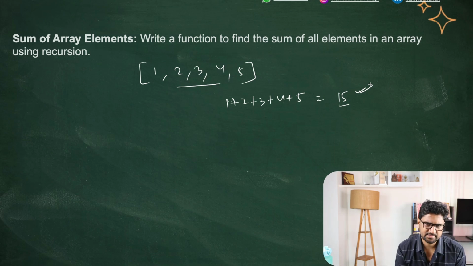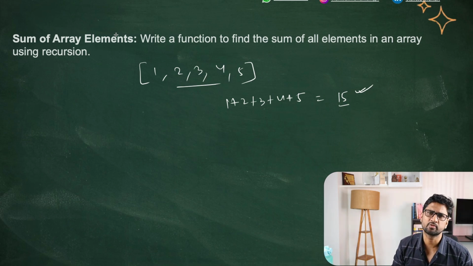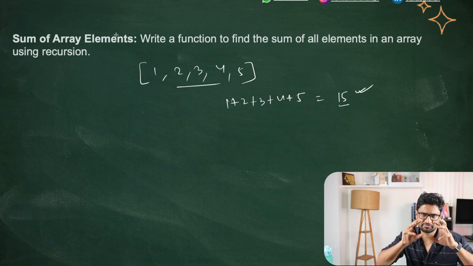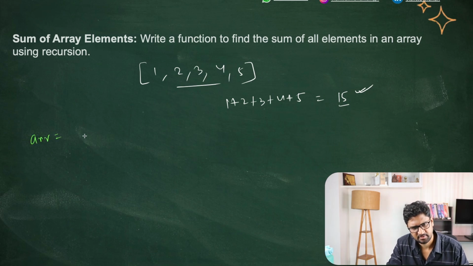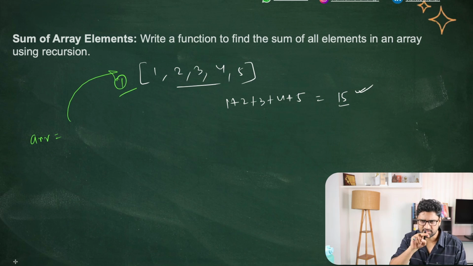Now for doing this, every time you write a function, 90% of the effort goes into how we define the function itself. If you are able to define the function well, half of your work is done there itself, right? So if I have to find the sum, one of the arguments will be this array itself, that's one, and the second should be